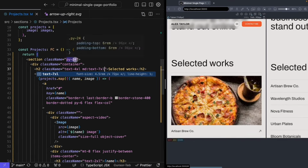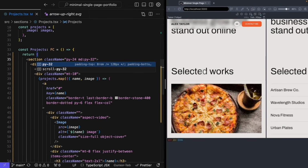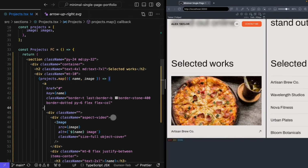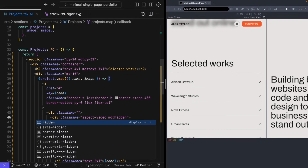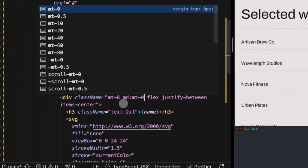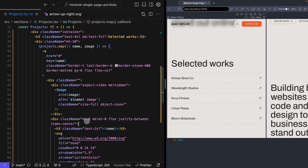We also want to ensure that the section is the right size. We're going to go ahead and give this a class name of md:py-32 and save that. That should make sure that our section has the right amount of padding top and bottom. And then for the image, we're going to take this div that's wrapping our image and we're going to say md:hidden. That's going to ensure that it's display none when we get to this medium size. We also don't want any kind of margin top for our title at this point, so we're going to say md:mt-0